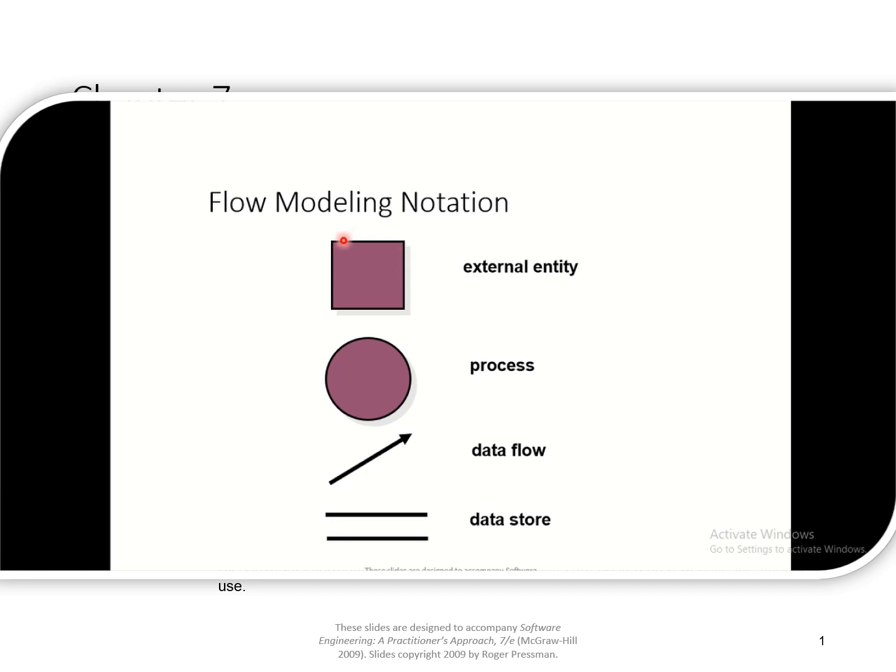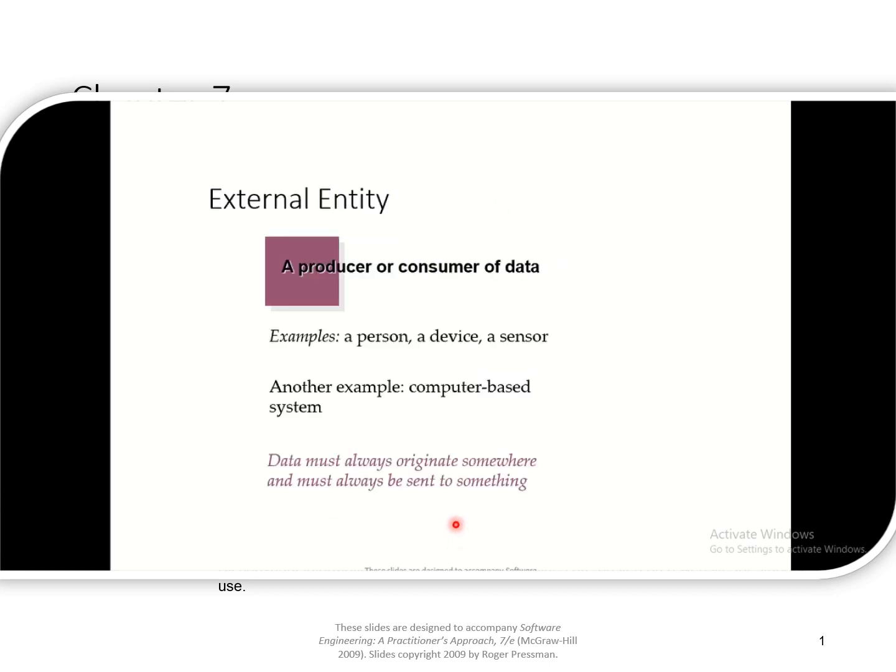External entity is being represented by a rectangle. The process is shown by a circle, which is also known as a bubble. Data flow is shown by this directed arrow, and you need to label this arrow by an inward or outward flow. The data store basically stores the persistent information in it. It is just like a database, storing the persistent information of external entities. Now one by one we'll look at the definitions of these components.